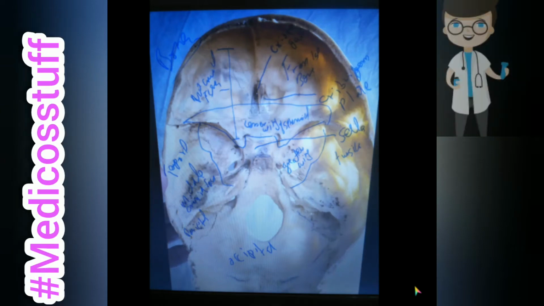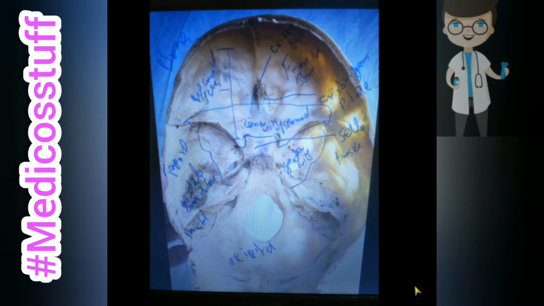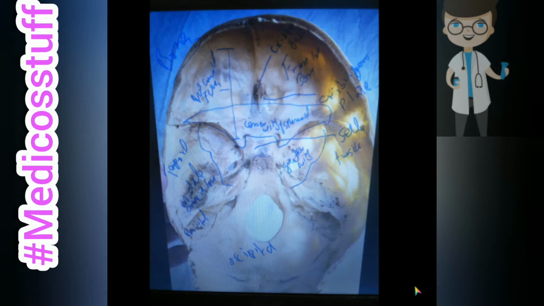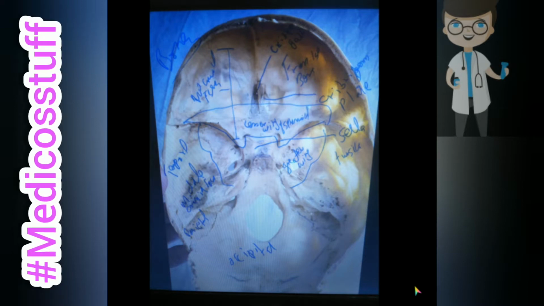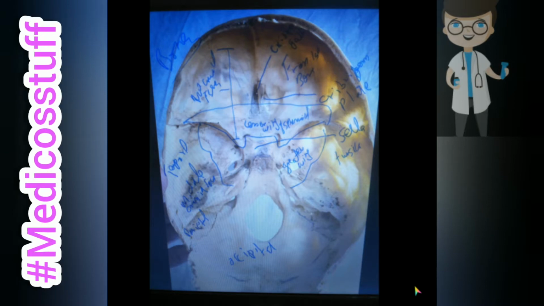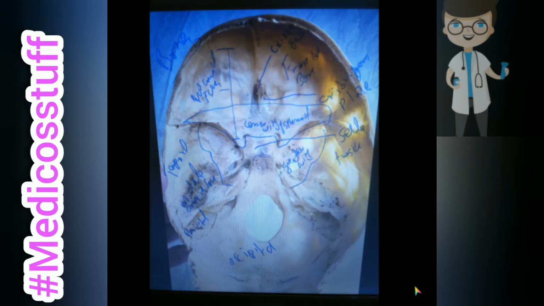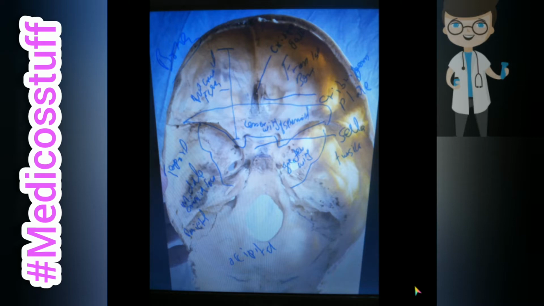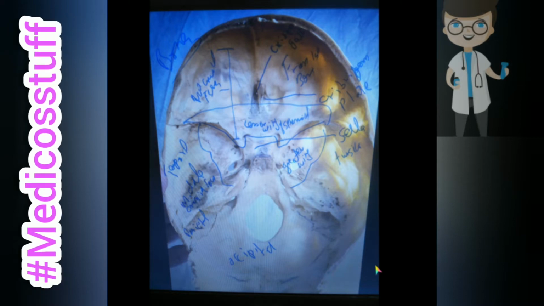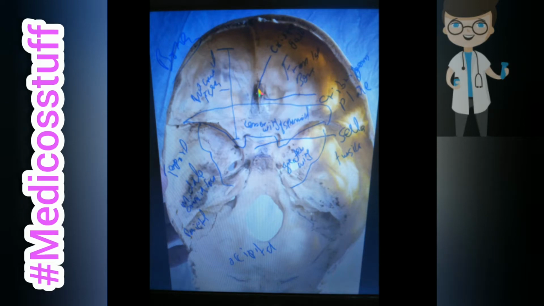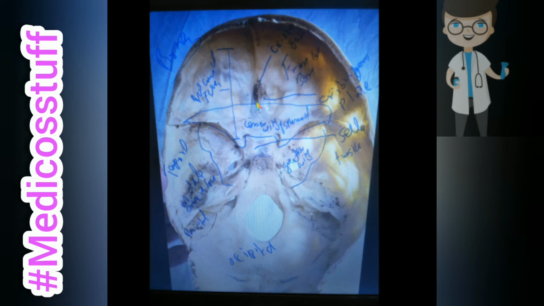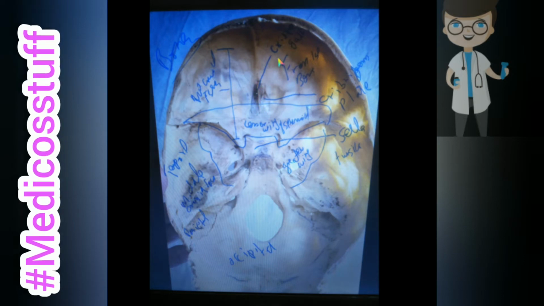Today we will talk about the cranium norma basalis internal part: the bony features, the foramina, condyles, holes, everything about the norma basalis internal part of the cranium. First of all, we deal with the bony features, then we come to the foramina, the condyles and the canals. The middle line you can see is known as the crista galli.